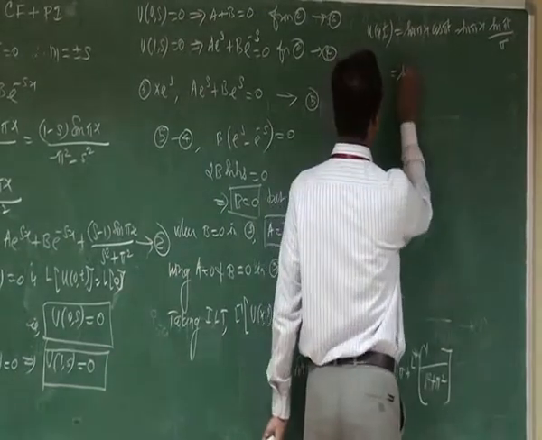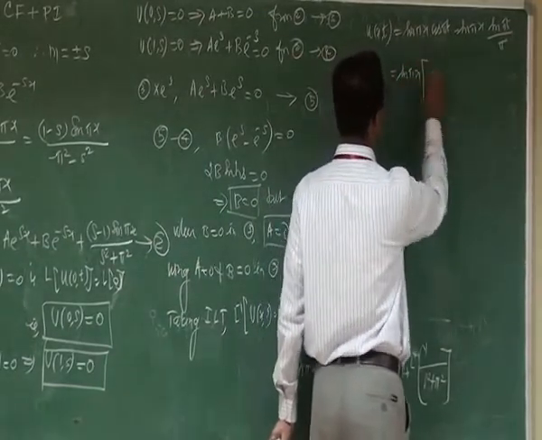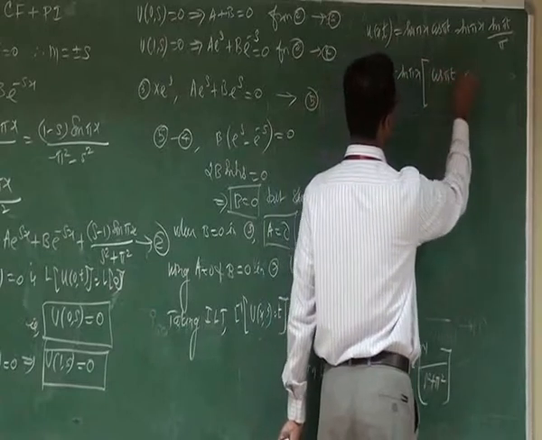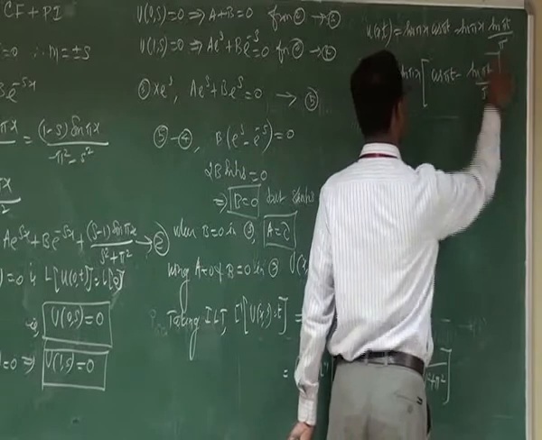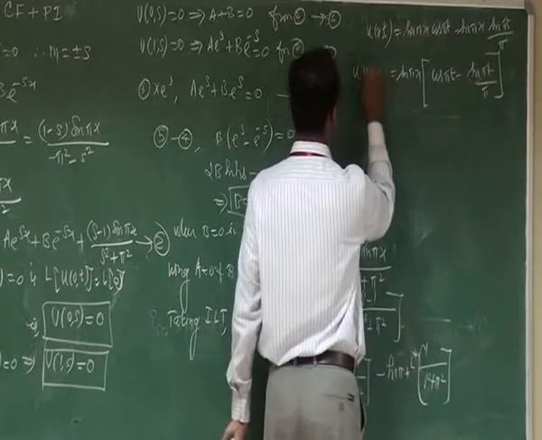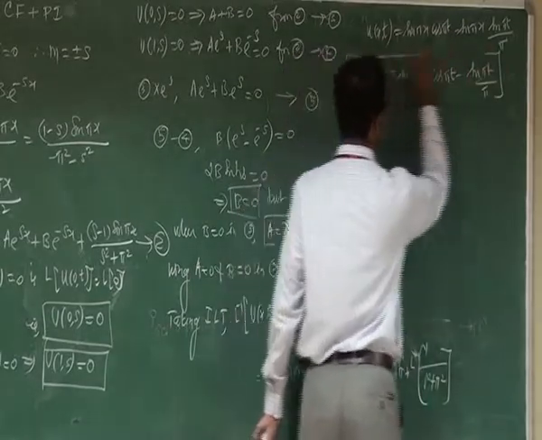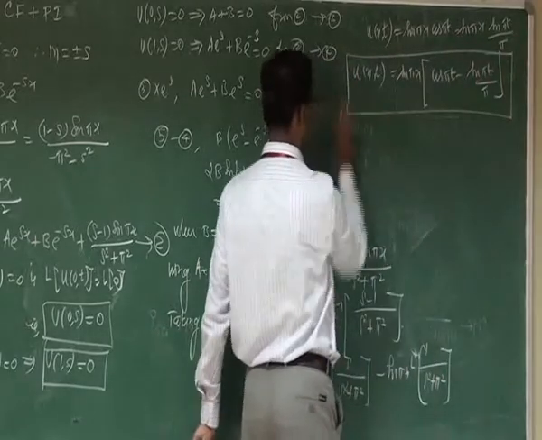So it is equal to sin pi x into cos pi t minus sin pi t divided by pi. So this is the solution of the one dimensional